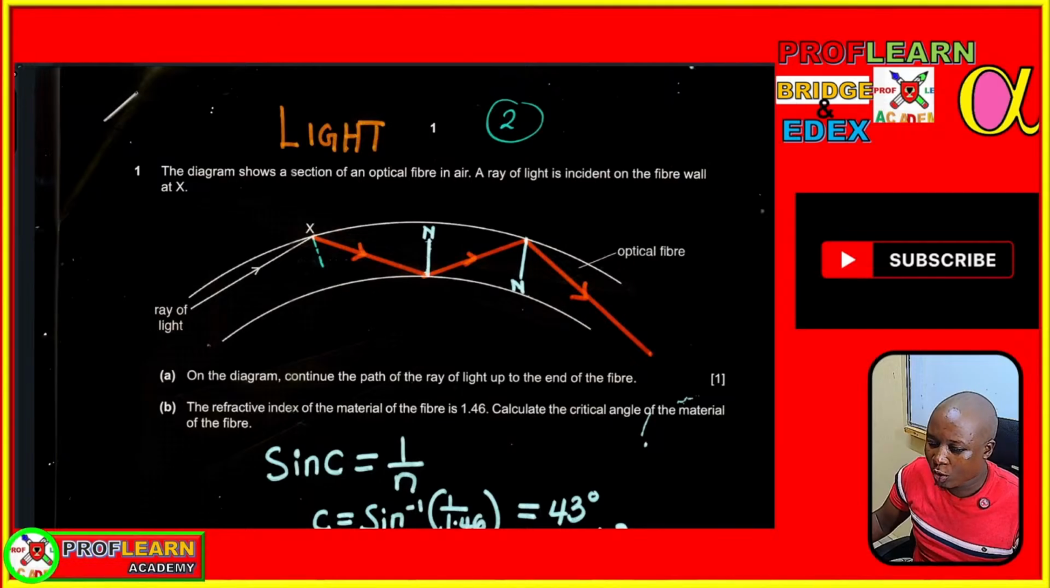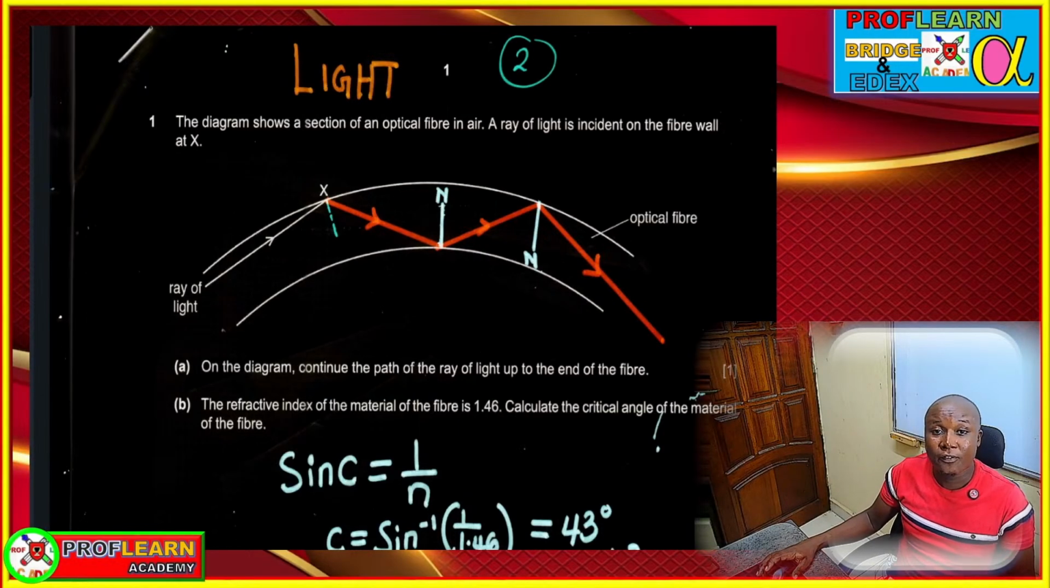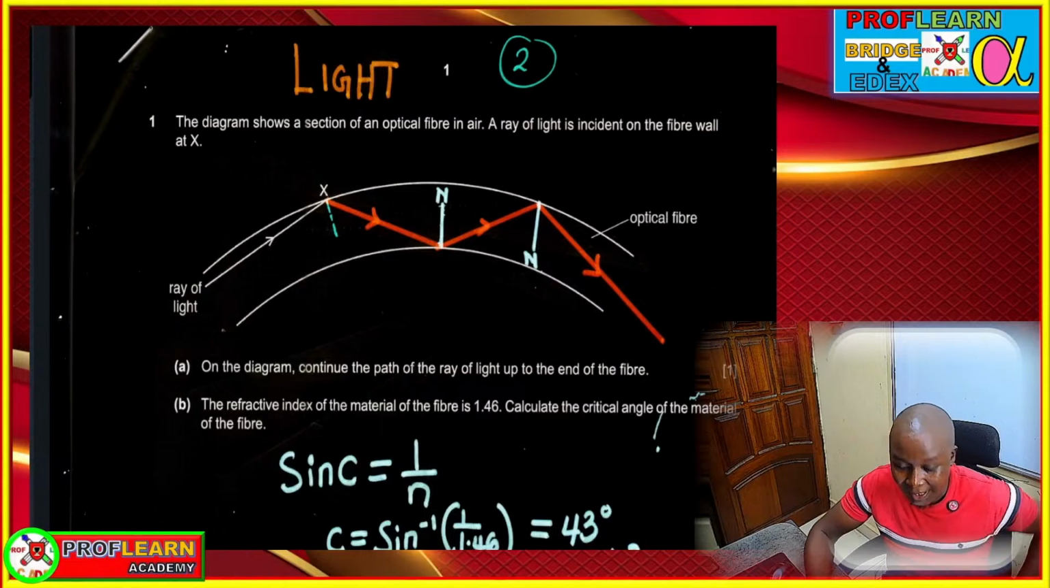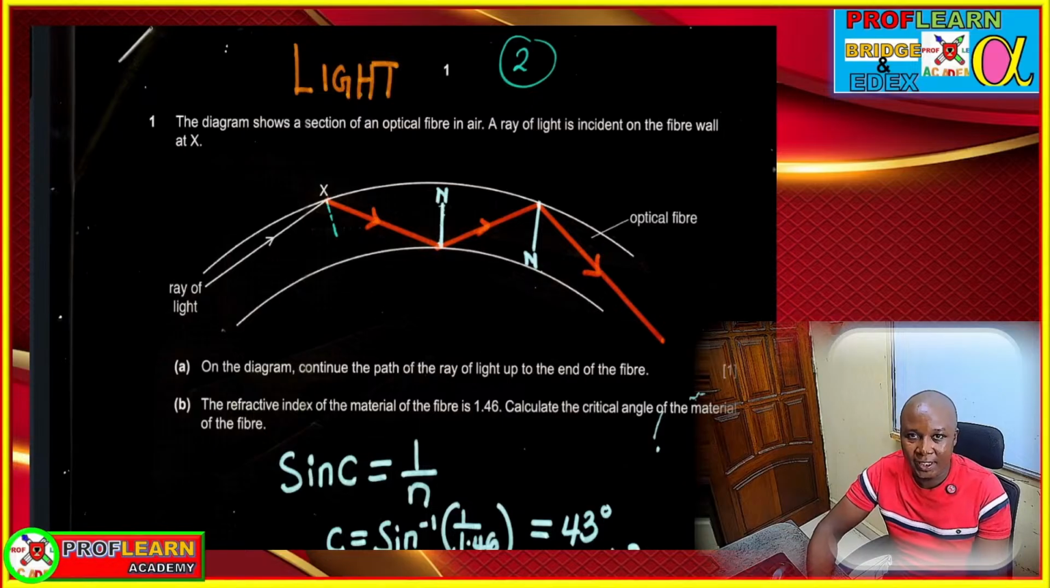So we're going to look at the topic light waves, and you can see one of the questions that can be asked here is whereby you are given a concept of light passing through an optical fiber, and you are supposed to work out the critical angle. And remember, critical angle is the angle of incidence in the dense medium when the refracted angle is 90 degrees,